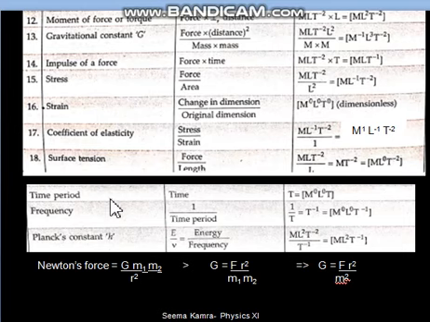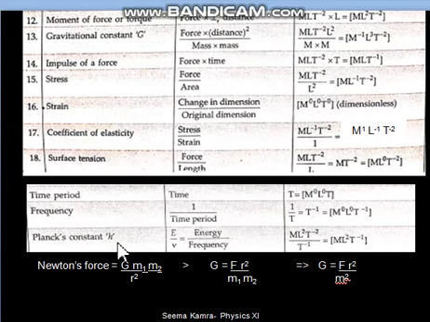Now we have a list of some formulas which are related to time. So let us make these formulas here. Suppose time period is a quantity. Now time period means time taken to complete one oscillation or one circle. So its formula will be time only, and that's why the dimensional formula will be just T power 1 and M and L will be with powers 0. So very easy, time period formula is T power 1. Then let's proceed to frequency, that is 1 by time. 1 by time means T raised to power minus 1 is the answer for frequency.